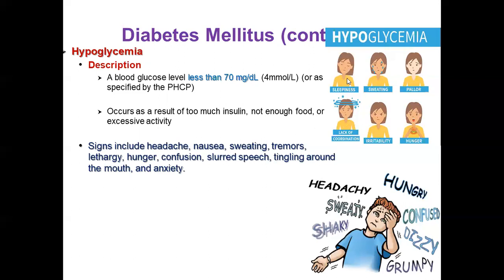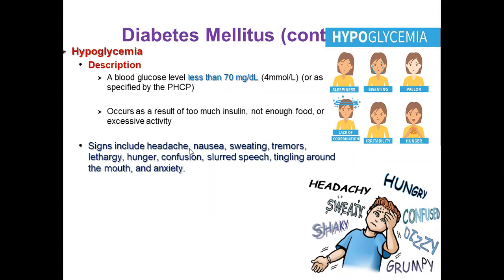In this picture here, first one here, sleepiness, sweating, which we call diaphoresis, pallor, lack of coordination, irritability, also hunger. So the symptoms include headache, nausea. I'll just recap: sweating or diaphoresis, tremor, lethargy, hunger. The patient feels an increased appetite or hunger, and the patient also feels tired or lethargic,